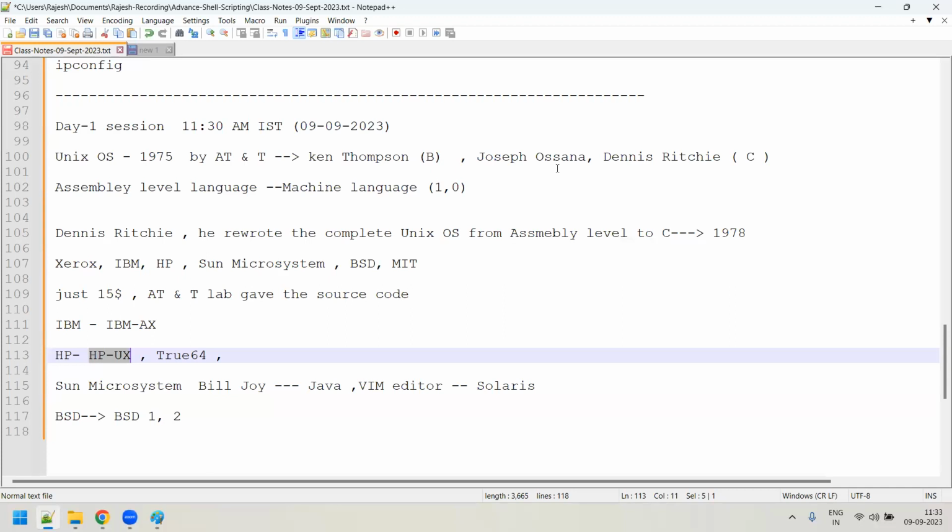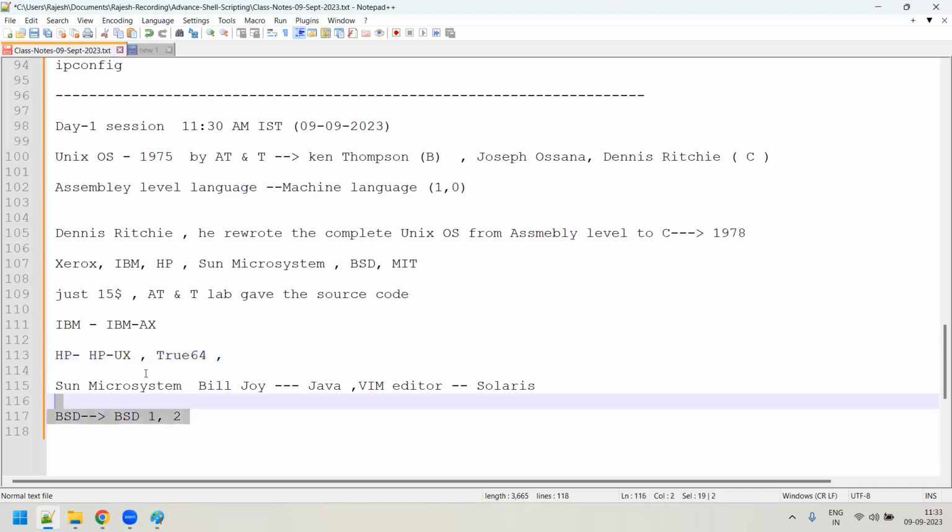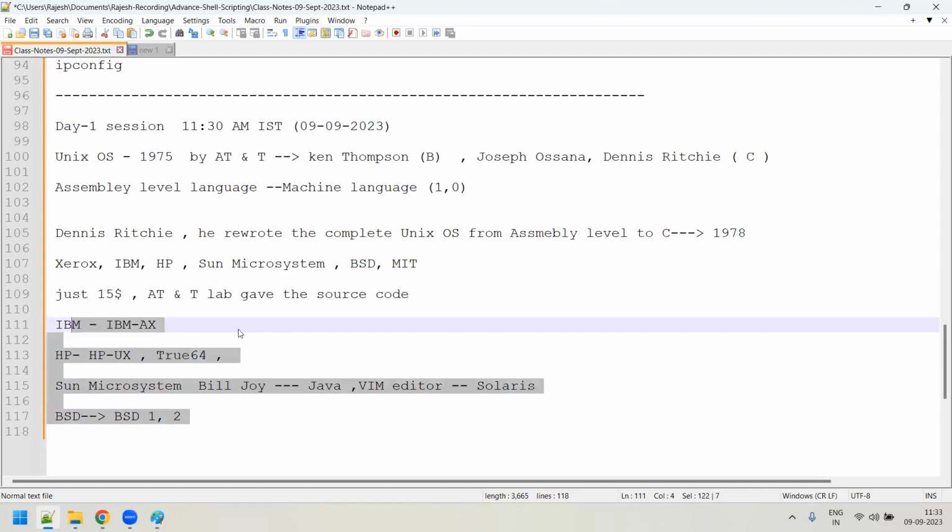That's the reason. The trend started where people went to very low configuration servers, like simple x86 servers or simple blade servers. They happily installed Linux on top of it and started working on that, because whatever their requirement was, everything was getting suited by Linux. Then why do I need to pay so much licensing cost for all these servers and operating systems? It is not at all required.